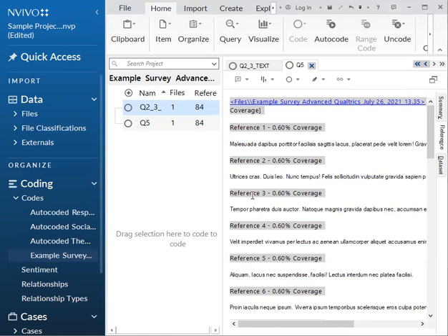With coding survey data in NVivo, you can use any of the viewing options that I just went over. And then after that, it's just coding the way you normally would in NVivo by highlighting the text you would like to code, and then you can drag it and drop it into current codes.